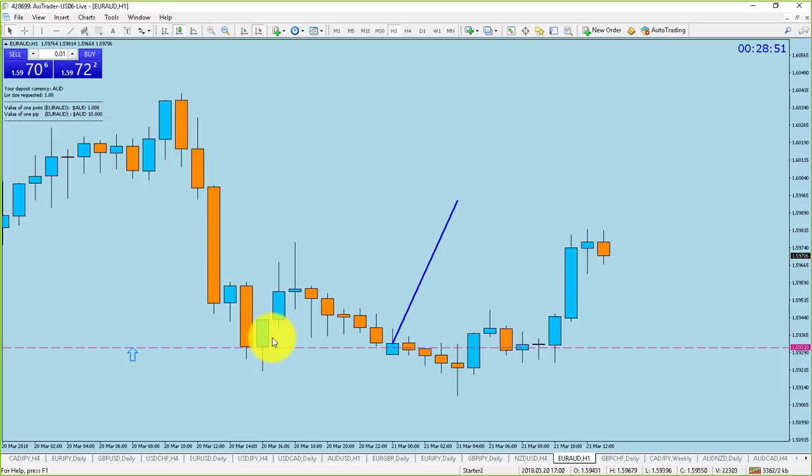So let's talk about this quickly. If the second bounce is, we're talking about a buy now, obviously a double bottom, not a double top. If it's a double top, we would reverse these rules. But for a double bottom, if the second touch, the second bounce, is higher than the first bounce, that's a whammy trade. If the second bounce is lower, it makes a lower low than the first bounce, what we